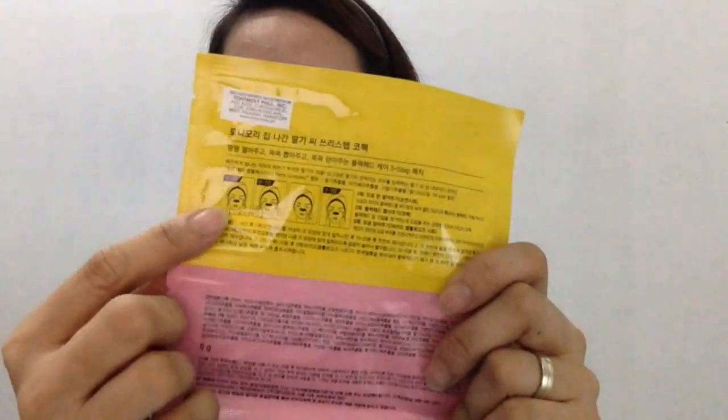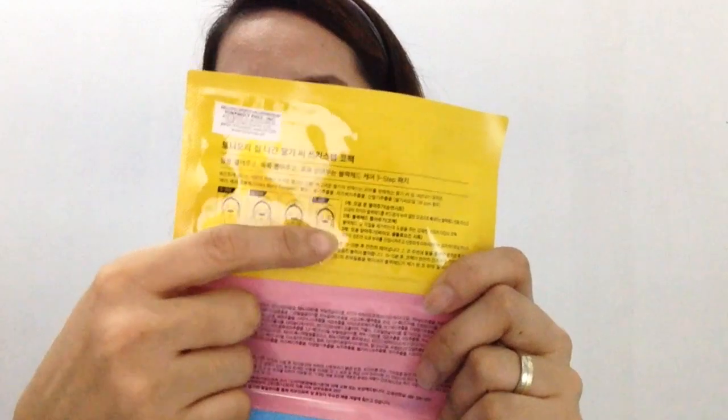And then, the third one is this. Hindi ko alam paano basahin. Basta feeling ko parang sa nose siya. Kasi meron siyang 3 steps. Yeah, it's for the nose. Meron siyang 1, 2, 3 steps kung paano siya gamitin. Pero ang nakalagay sa likod, parang lagay mo lang naman siya sa nose. Siguro yung